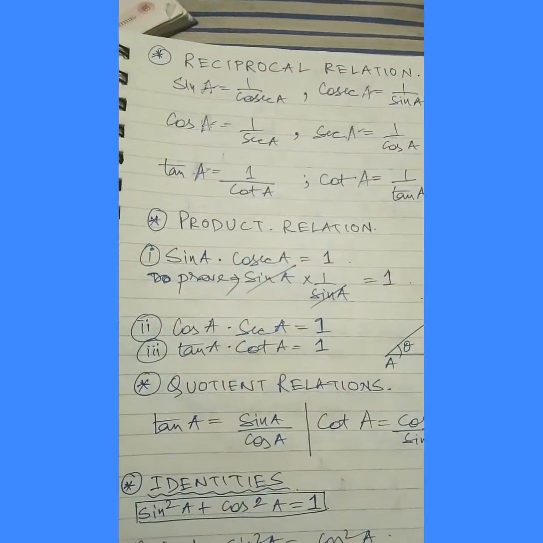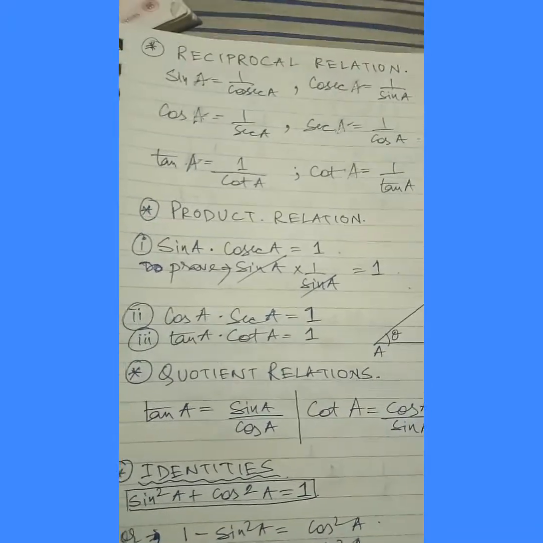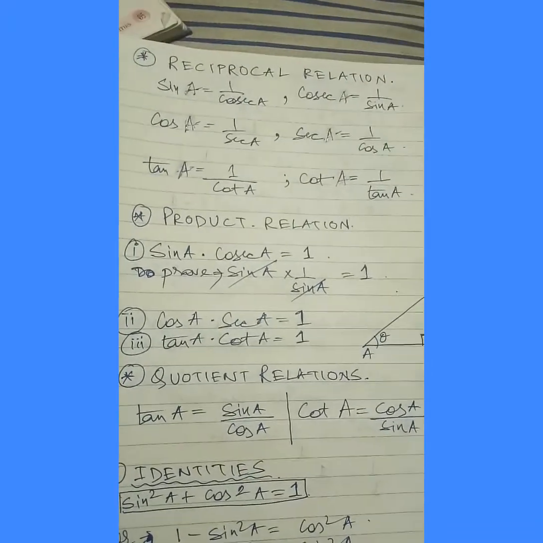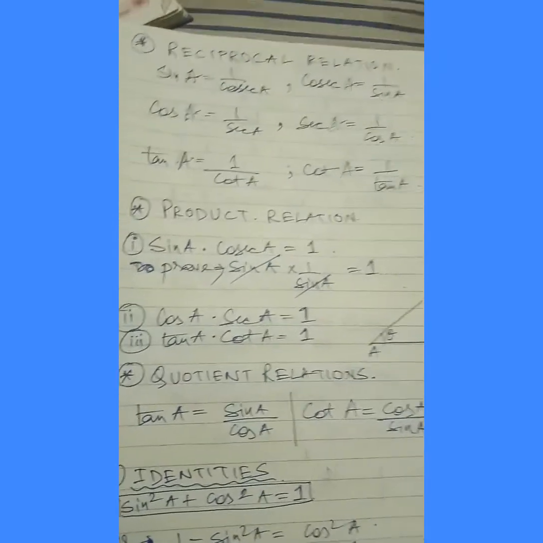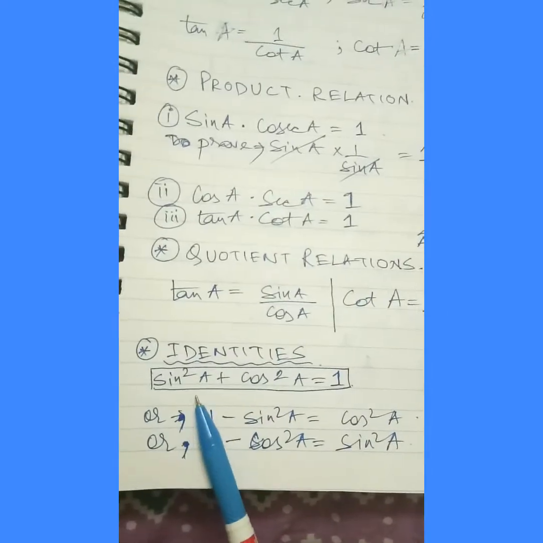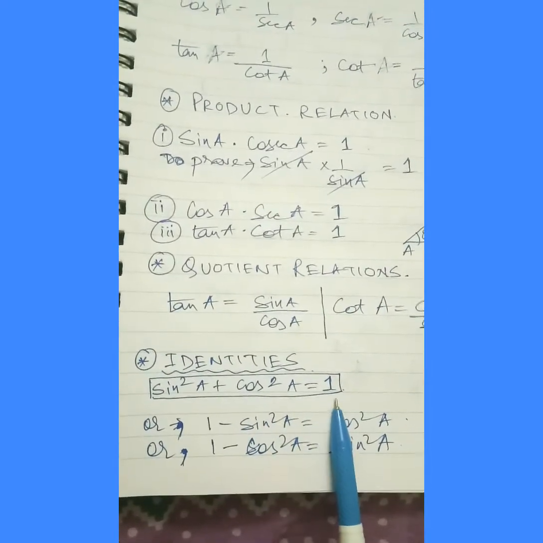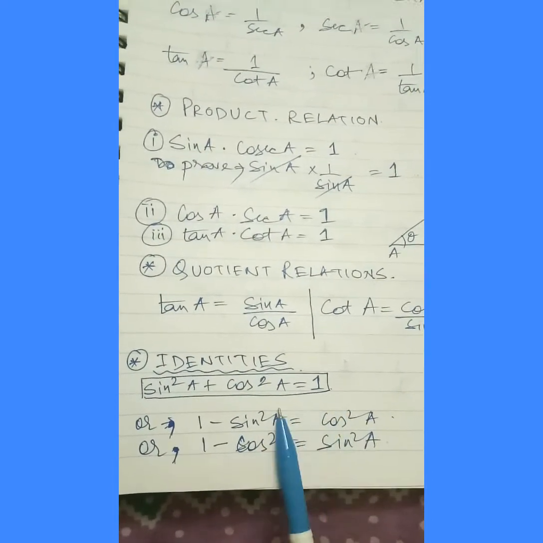Okay, now we are coming to identities, the very important part. There are total 9 formulas, but you learn 3 formulas. From there we can transpose the left hand side and right hand side. See over here, sine square A plus cos square A equals 1 I have written. This is the main formula. Now from here, I have transposed this one. What is it giving?